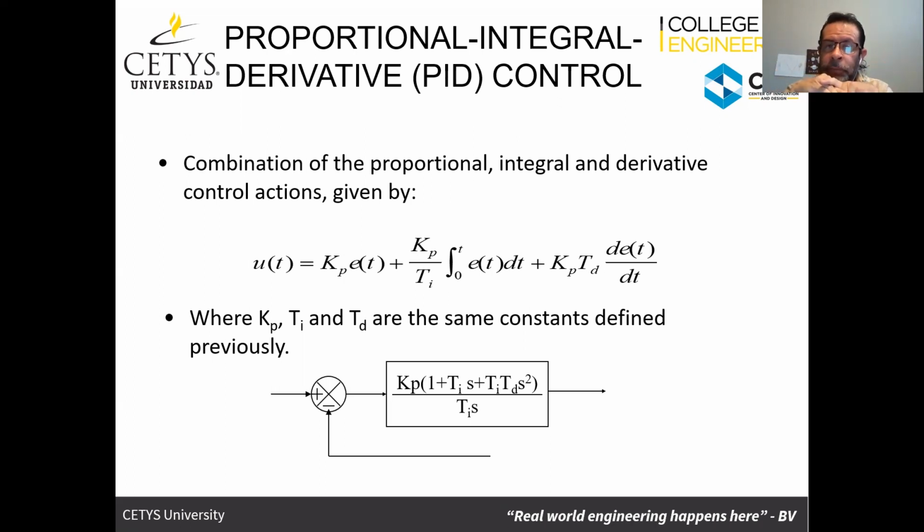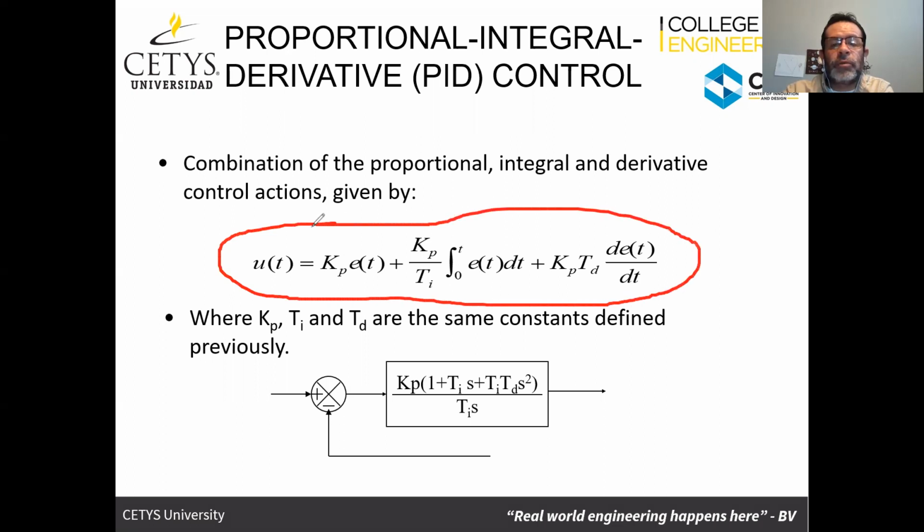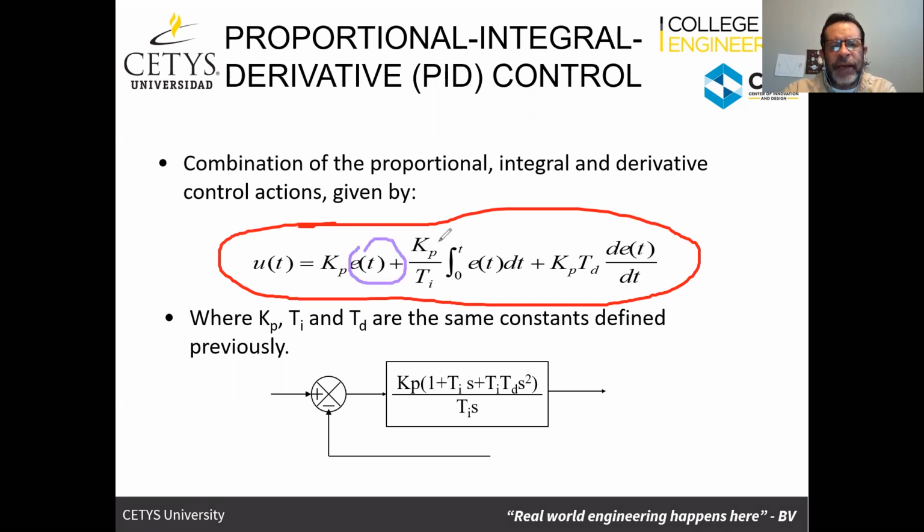And so when we combine the proportional, the integral, and the derivative control actions, we get what is called a PID controller. Okay, and so the PID controller in its most general mathematical representation is going to be this one, where we're going to have the error, which is identified here as e of t. The error is going to be